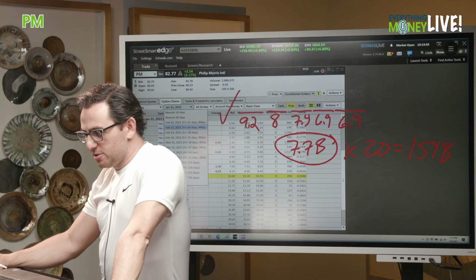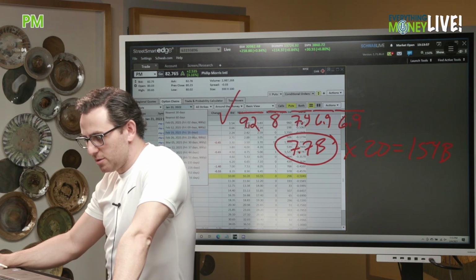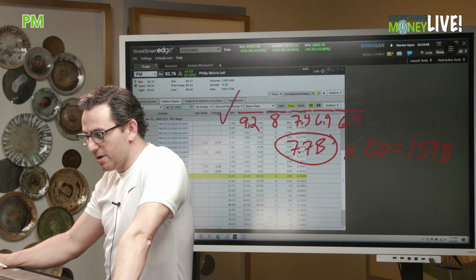So should we look at some options for Philip Morris? Yeah, please do. All right, guys. Since it's kind of maybe in the money here,